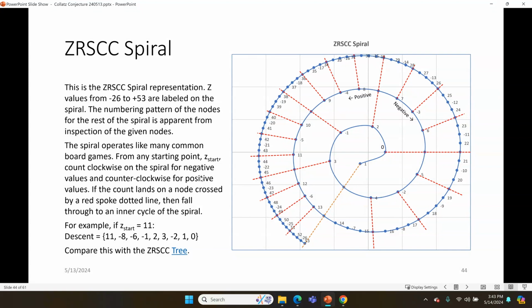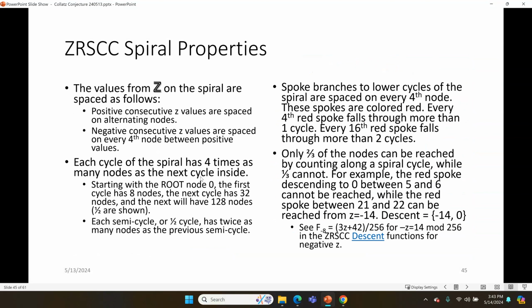So this kind of summarizes the spiral properties. So we've talked about positive and negative values based on alternating nodes. Every cycle in the spiral has 4 times as many nodes as the next cycle inside. The starting cycle with root node 0 has 8 nodes in the cycle, and then the next cycle after that has 32 nodes, and then the next cycle after that has 128 nodes, and so forth. We also speak of semi-cycles, which are half cycles, and each semi-cycle has twice as many nodes as